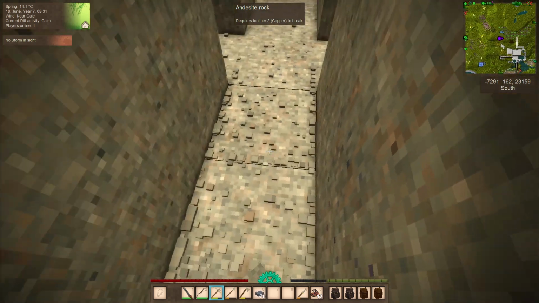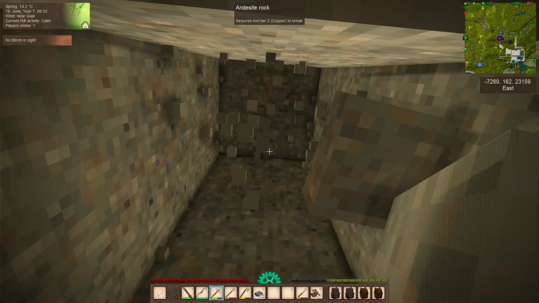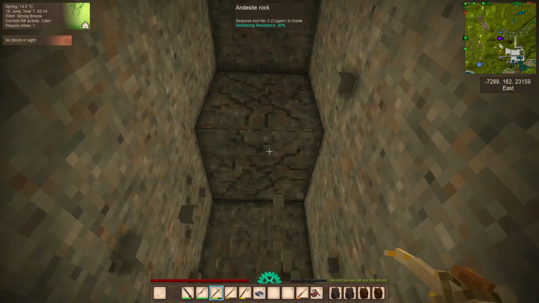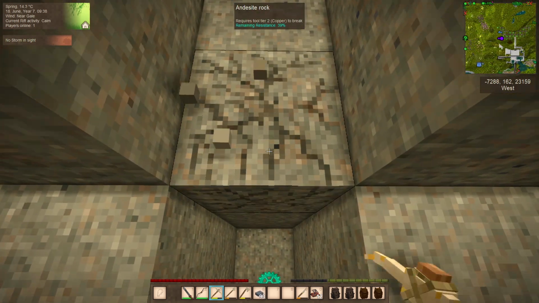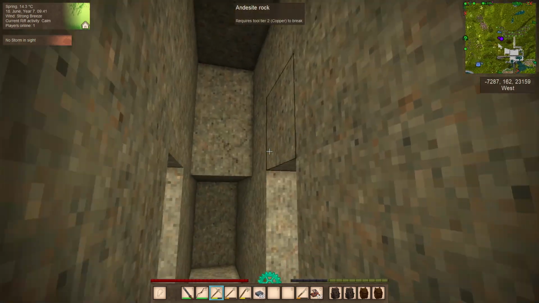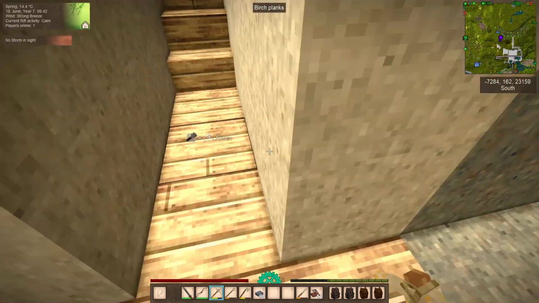So that's the cellar shape itself, but then we need to go up 2, and then we're going to have to go up another 1, but let's get the thing cut out first. So first things first, we are going to basically dig out this hole. I'm going to go and grab myself some chalk, and we're going to put a wall and a ceiling and birch plank flooring,